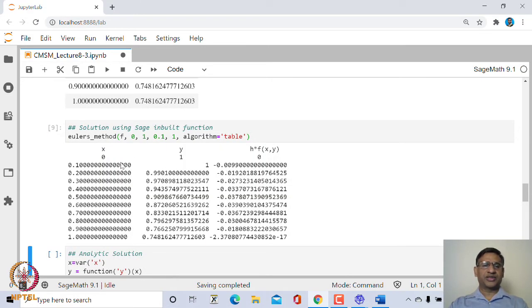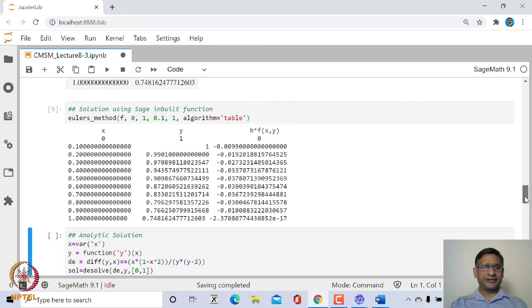So here by default this reports the x value, y value, and h times f(x,y) value. This is just to see that y plus h times f(x,y) will be the next iterate. So that is what you can see here. This was 1 and this is 0.0099, and the next value comes as 0.9901 and so on, right. So this is very similar to what we have done, except that it is also reporting h times f(x,y)